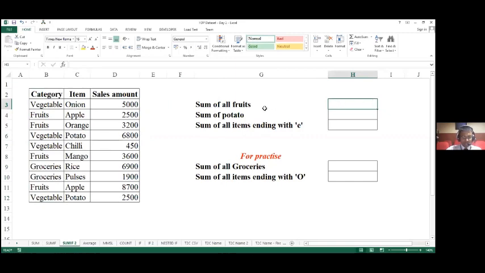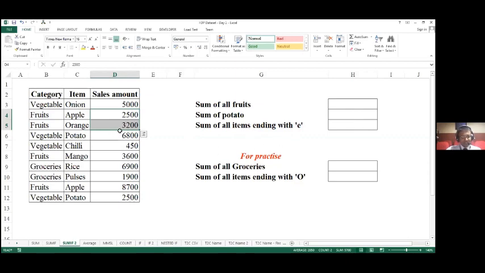So what I'm desiring is Excel should look through my category, identify what I have categorized as fruits, identify the corresponding sales amount for fruits, sum them up together, and then give me the value here.